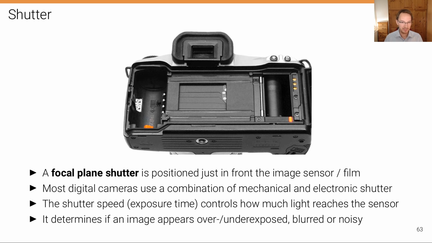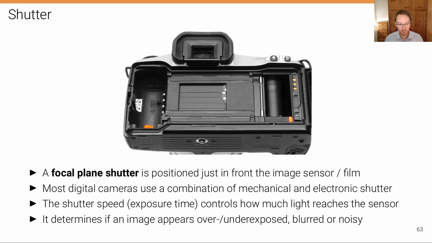Now the shutter speed: this is a little curtain here that opens and closes very quickly. It can be opened from one side and then closes with another curtain from the other side. And it is open only for a fraction of time, maybe 1/100th or 1/1000th of